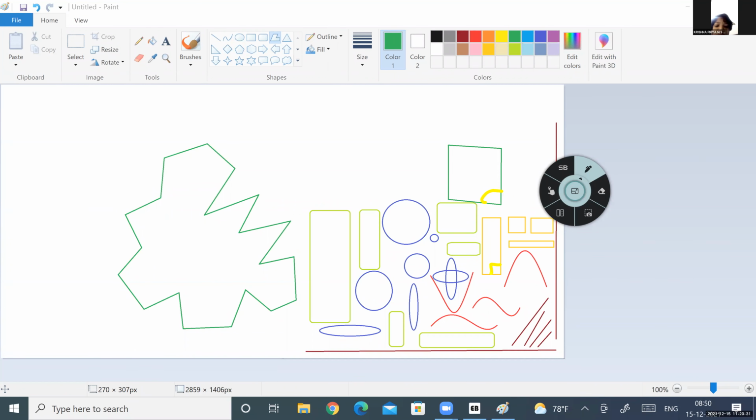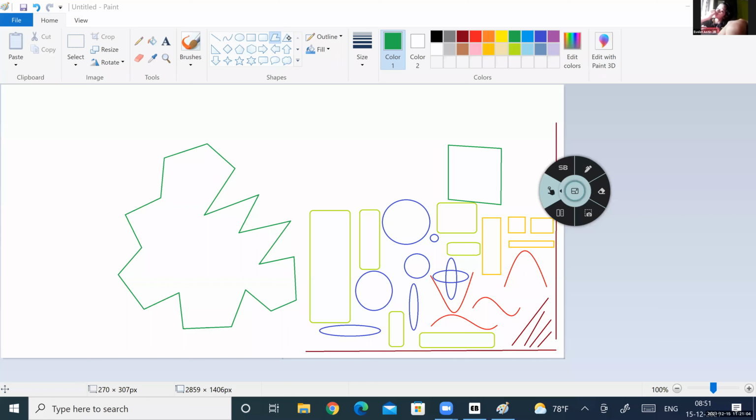This is slanting, so it cannot be exactly a rectangle, but it can be a four-sided figure. Understood? So with polygon, we can draw geometrical shapes with as many sides as possible. Is that clear, children?